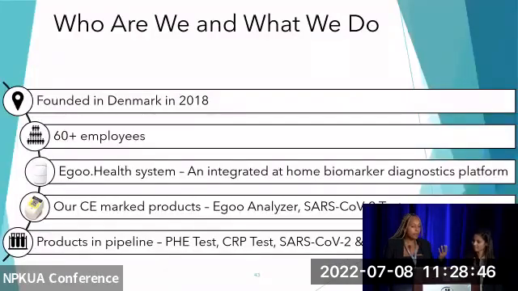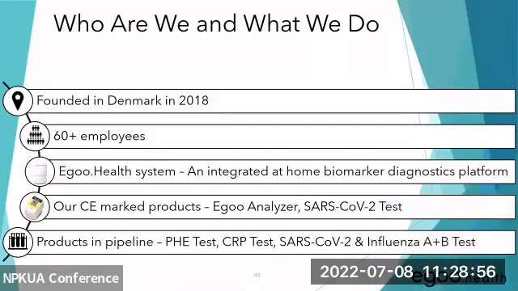And just to talk a little bit about what we do and who we are: a Danish company, founded in Denmark in 2018. I'm not sure if anyone has heard about us, but in the virtual conference in 2020, our founder and CSO, Peter, was presenting. By then we were around 20 employees. We've really been expanding the last couple of years, and now we're more than 60 people, spanning different departments. What we do is make this Egoo.Health platform, which is an integrated at-home biomarker diagnostics